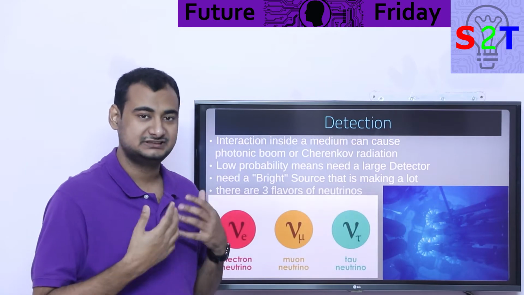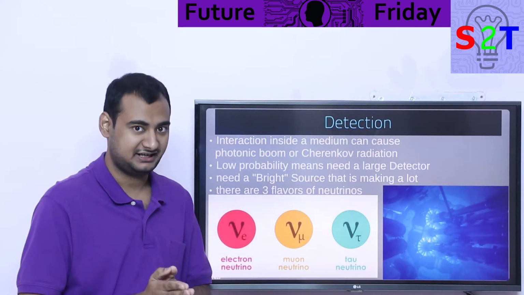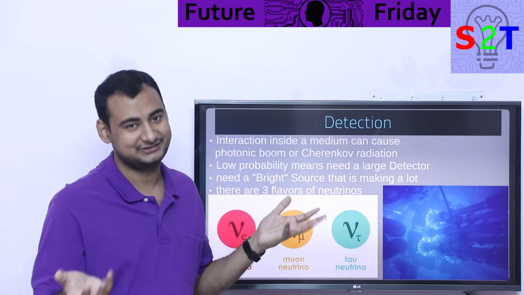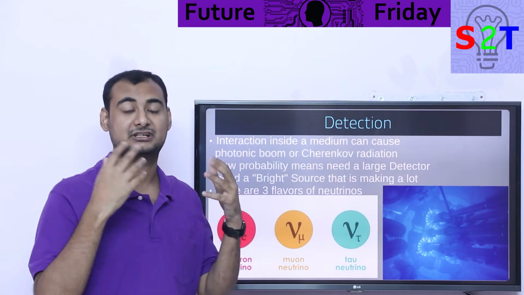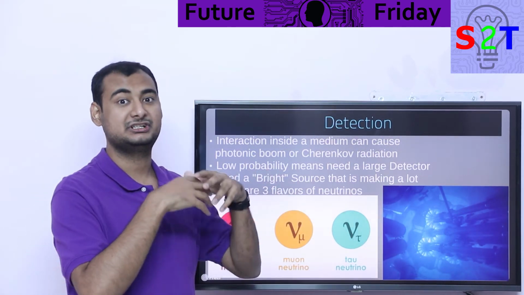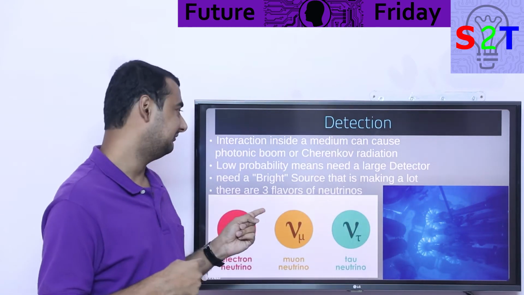So how do we detect something that is this bonkers? Well, the reality is, it has to be done inside a medium. For telescopes, we generally want to remove things. Basically, we say, hey, remove everything. Put a telescope in a vacuum. Put a telescope in actual space, or put it in interstellar space. So you get absolutely clean photos. Awesome. This is completely different.